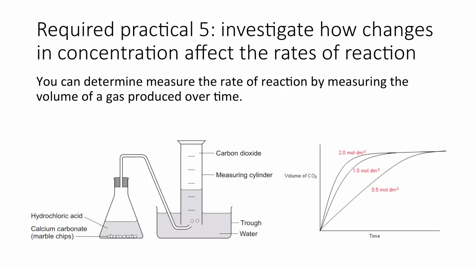Required Practical 5, investigate how changes in concentration affect the rates of reaction. You can determine or measure the rate of reaction by measuring the volume of a gas produced over time. For example, you can